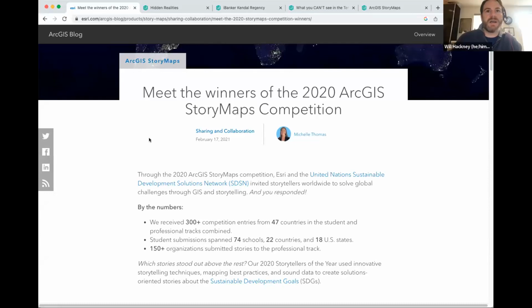I kind of wanted to start by showing some fully built out examples of what you can actually do with it, and given the audience, what better place to start than in the Sustainable Development Goals realm. It just so happens that a few years ago, our competition was all about Sustainable Development Goals, and we even had a student track so that folks with your level of experience, in your academic environment, were able to submit their stories